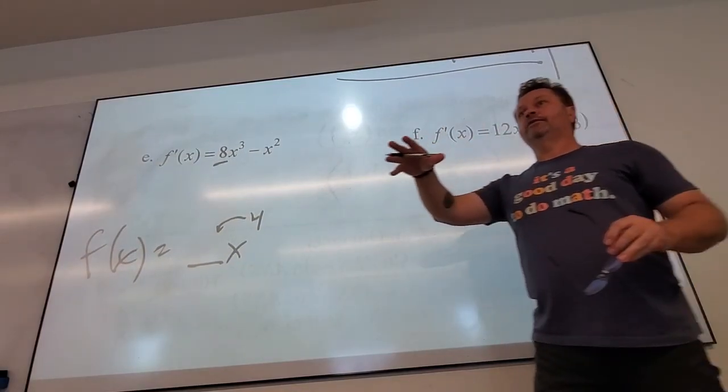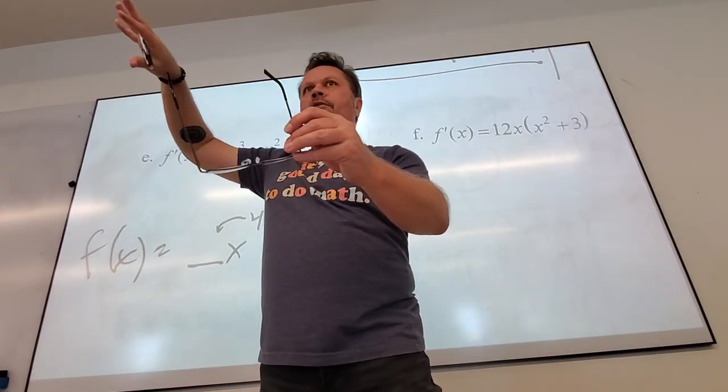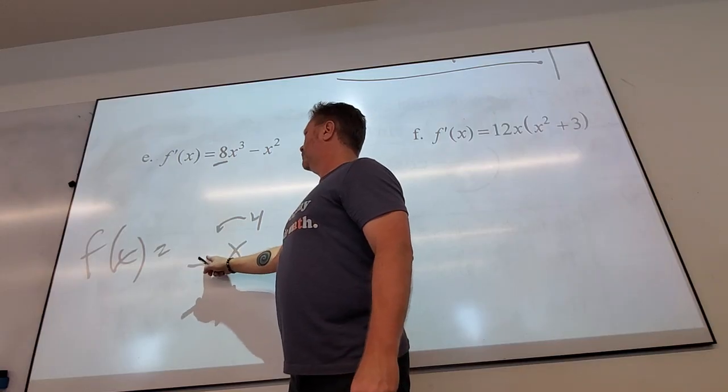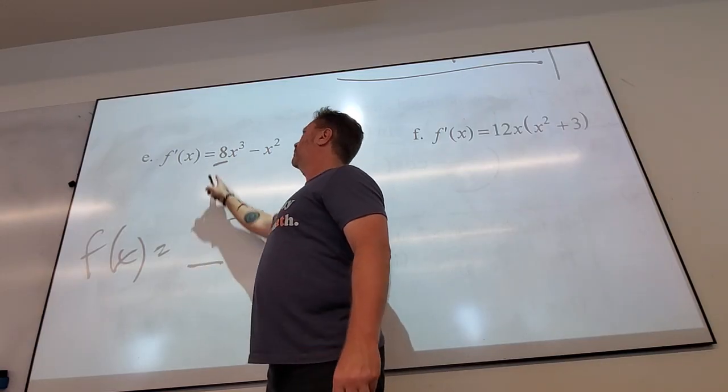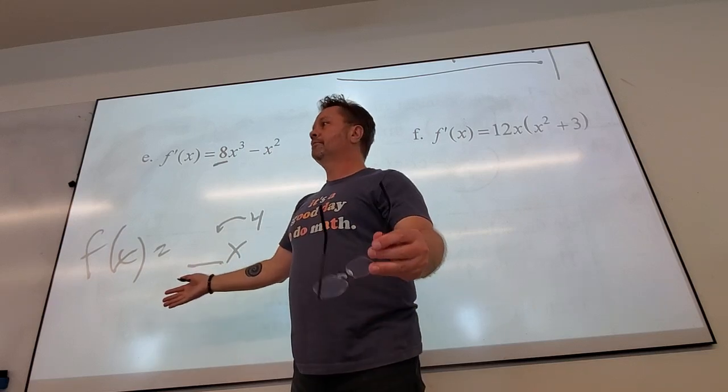It sounded like a sentence you have to diagram in 10th grade. So I'm sorry about that. It was a bit of a mess. If this is x to the 4th, what number must have been here so that when the 4 comes down, it becomes 8? There must have been a 2. So you put a 2.